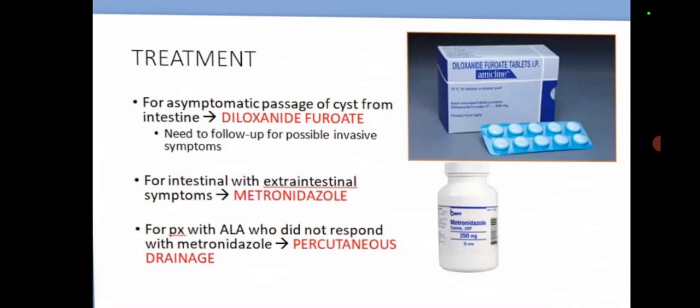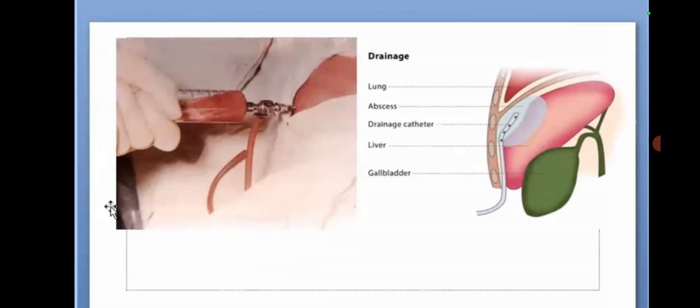Speaking about the treatment, for the asymptomatic passage of cysts from the intestine, diloxanide furoate is given, with follow-up for possible invasive symptoms. For intestinal disease with extraintestinal symptoms, metronidazole is used. For patients with amoebic liver abscess who did not respond to metronidazole, percutaneous drainage can be done. Drainage can be done through the lung for the abscess using a drainage catheter, and in the liver and also